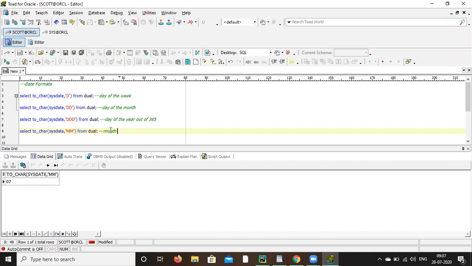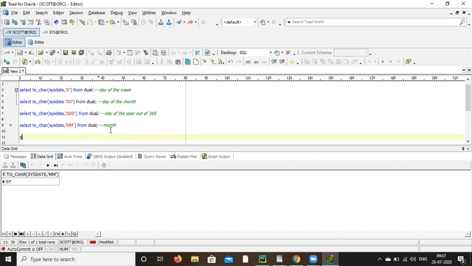Next is MON. Same thing, just do MON. So MON means it will give JUL, the short form. And if you write MON in lower case, the output will also give lower case.